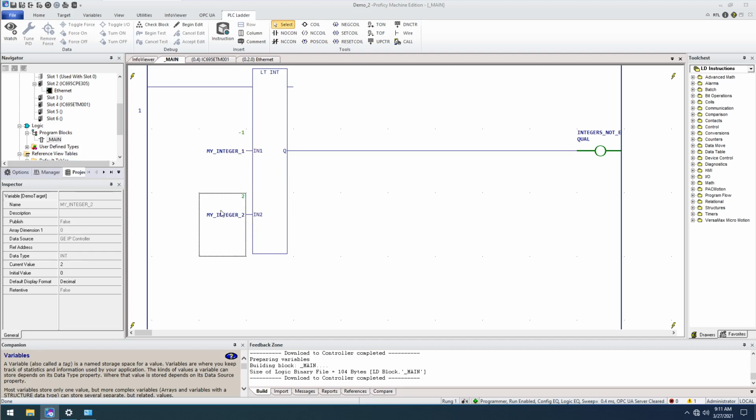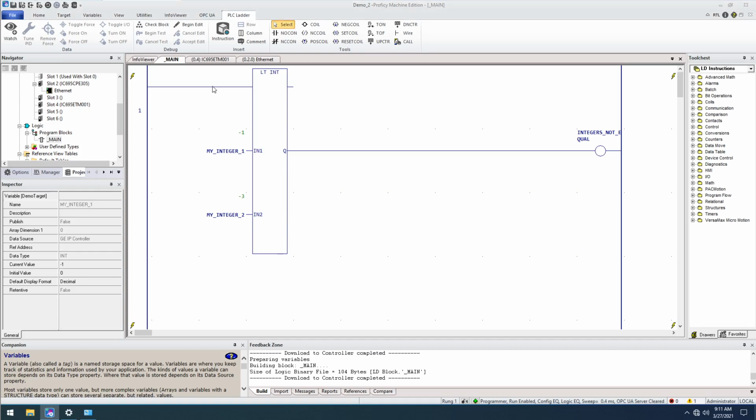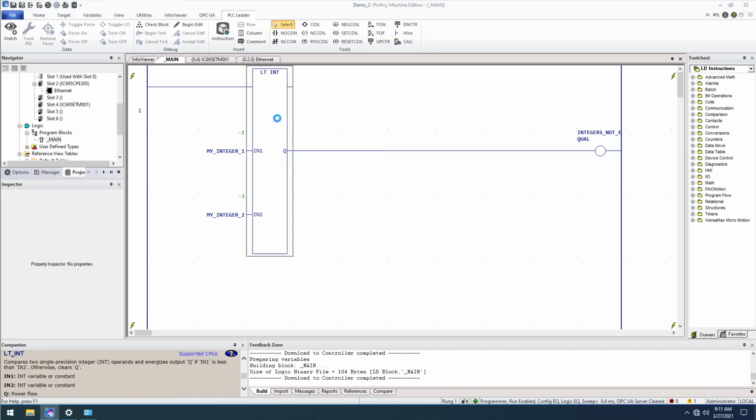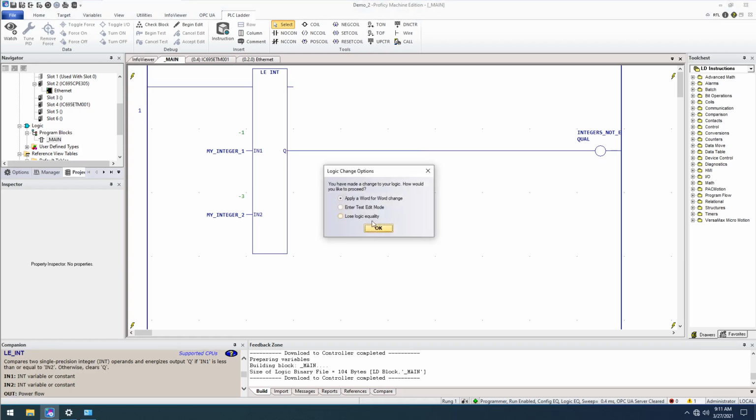Well, is -1 less than 2? Yes, it is. Well, if I make this -3? Nope, -1 is not less than -3. So it's a very, very easy to use instruction. Again, very powerful. Now if we use less than or equal to, so the LE underscore integer, this is comparing